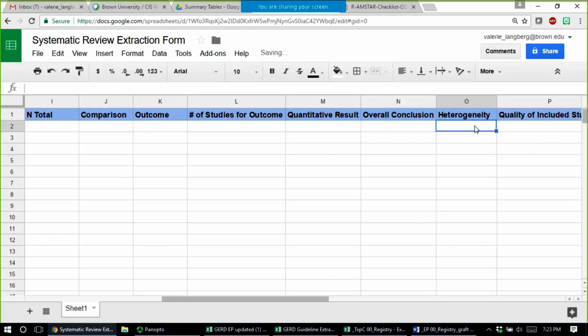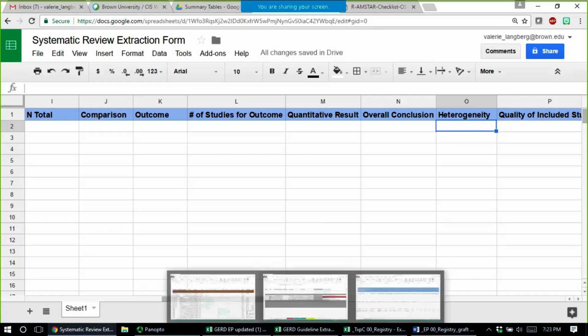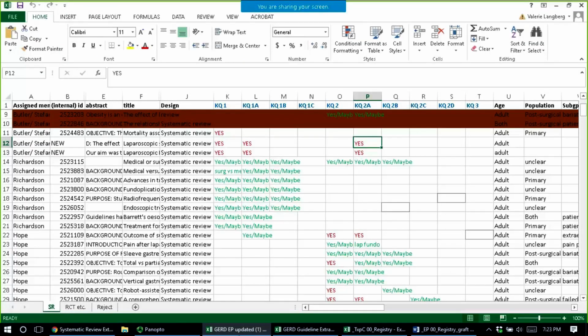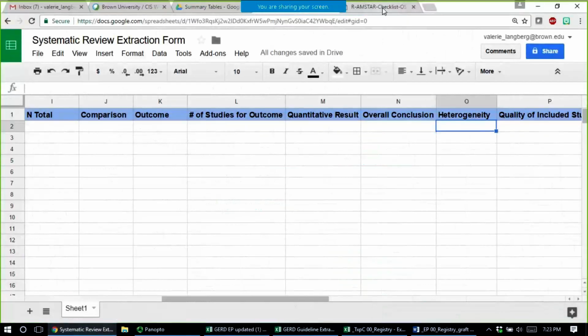Well, just to get you up to speed quickly, as you know, where we stand with this guideline is several of us have been assigned some systematic reviews to look at them and determine what key questions they answer, right? Yeah. And we have that information collected. And the next step will be, now that we know which systematic reviews address which questions, we will assign each of us some of those systematic reviews that address the same question, and then you're going to extract, that's what